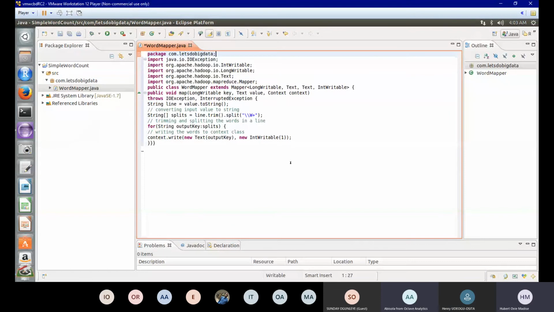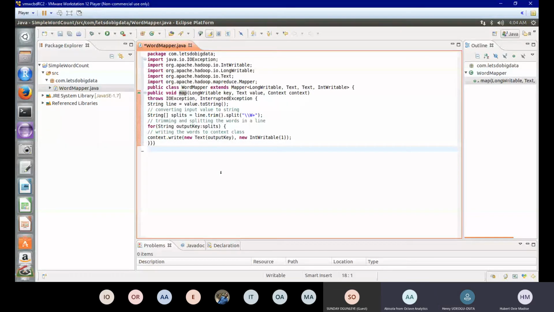Now, in public class mapper, if you look at public void, you would see map long writable key text value, something like that. If you remember when Emmanuel, I don't know if Emmanuel touched it, your mapper does something to your data. Our time is fast spent, so I'll just tell you what to do with the rest, and then we're done for the day. So you can go back and check it out. So your mapper function takes a part of the data, right?